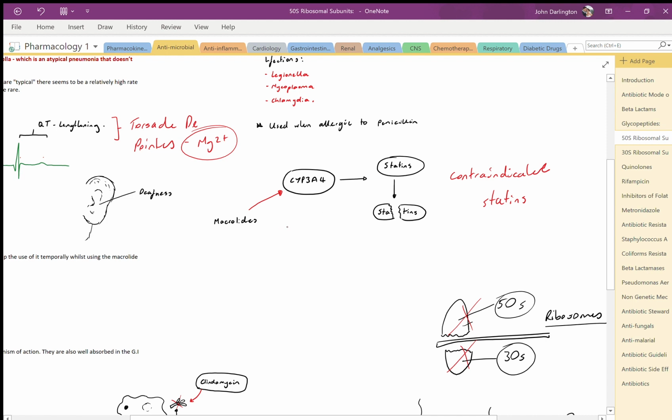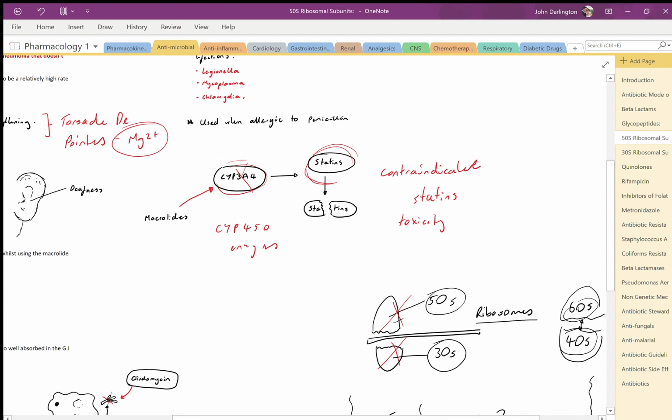These are your CYP450 enzymes that they inhibit, and this is the particular one that it inhibits, the CYP3A4. But I wouldn't get bogged down. By blocking this, statins don't get broken down, and they just build up, and you get toxicity of the statins, and so you can cause someone to get something called